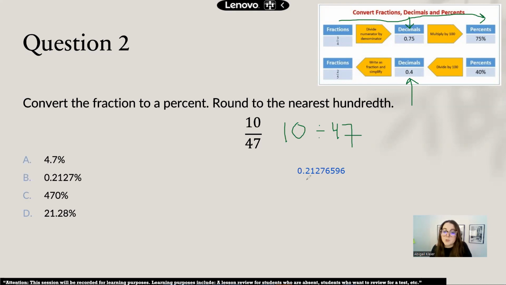Moving from decimal to percentage means I'm moving my decimal point 2 spaces to the right. 1, 2, and plot my decimal point. And so let's see what this looks like. This looks like